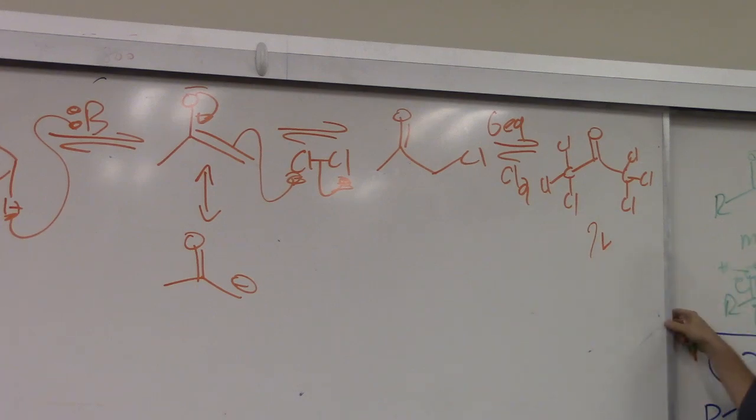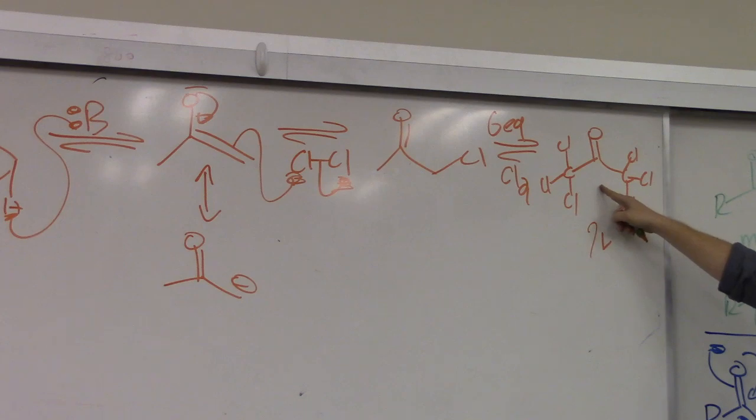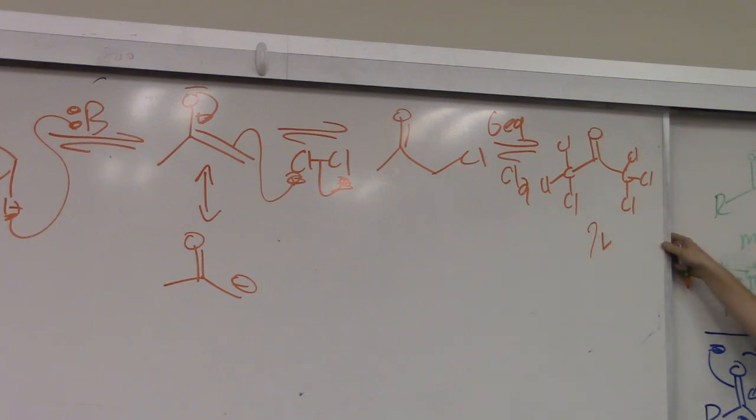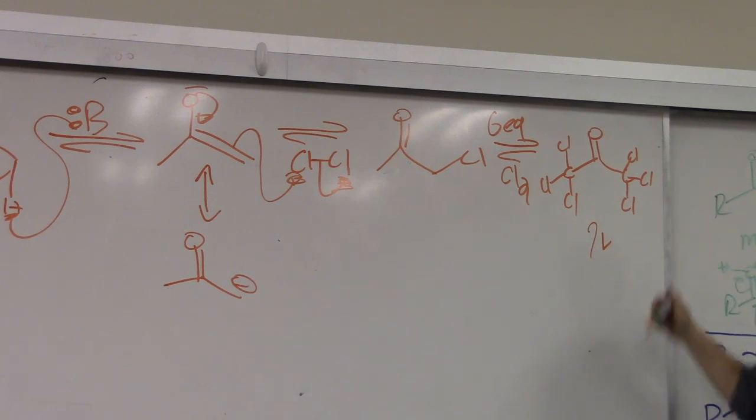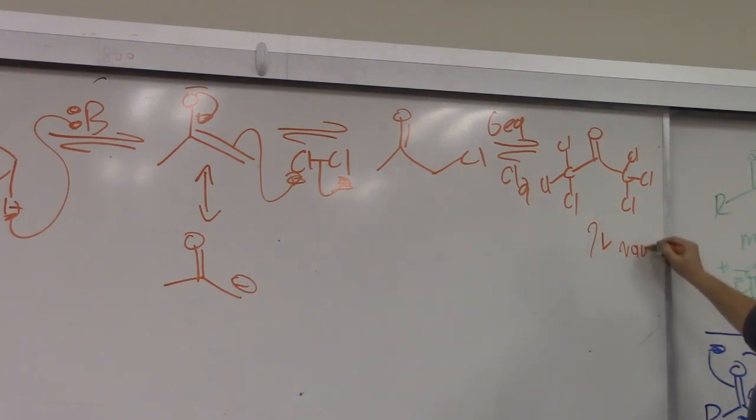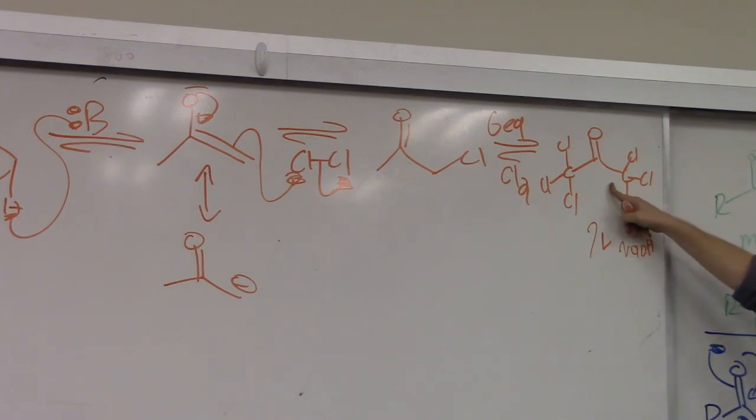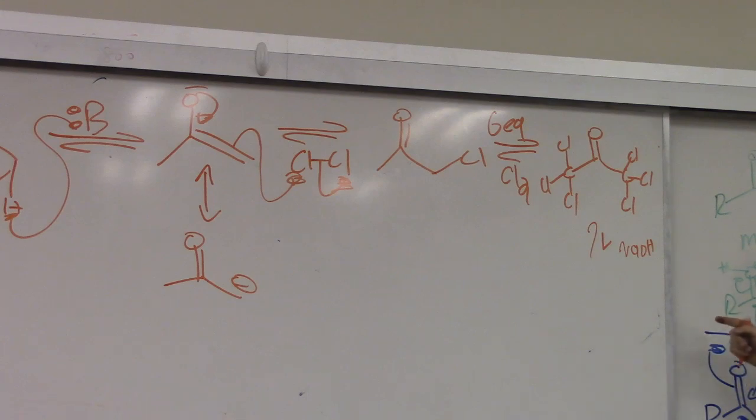All right, so if we make this polychlorinated ketone, what's the significance of these side chains now? What can happen if you add in a strong base? They're good leaving groups. So if we add multiple equivalents and we form these polychlorinated compounds, and then we add in a good nucleophile like sodium hydroxide,